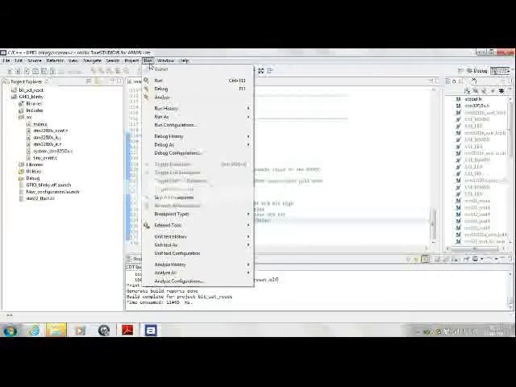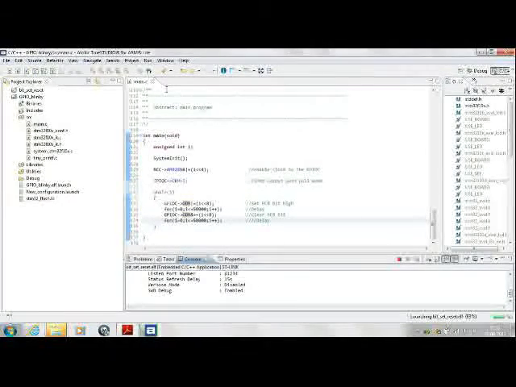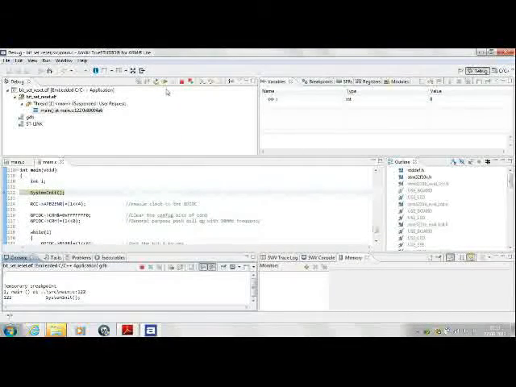For me it is already done, so I'll go to run and I'll say debug. Atollic Studio will launch the debug screen. Here you see the debug screen. The main windows that are of concern right now would be the main screen where this software is running, and the register set.